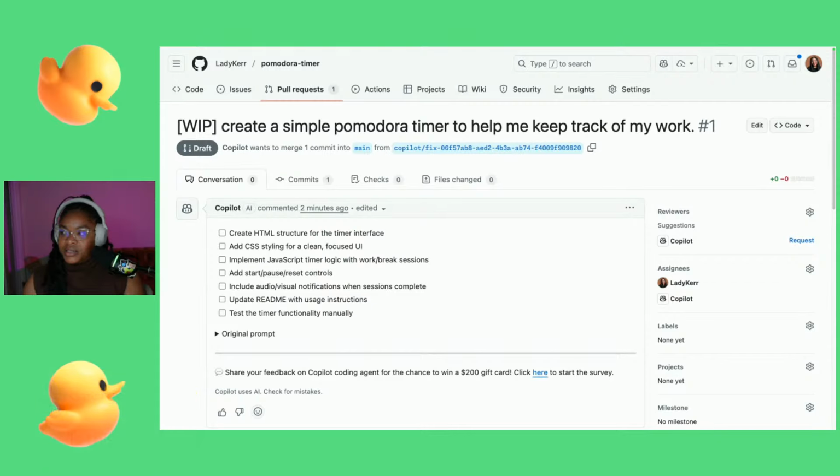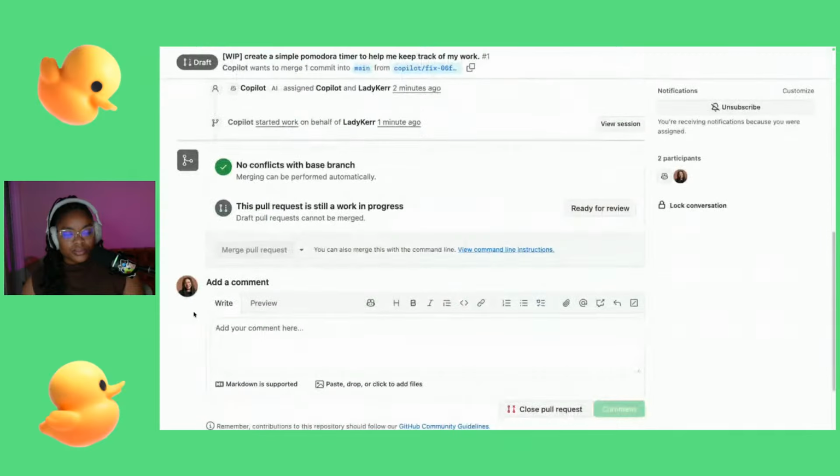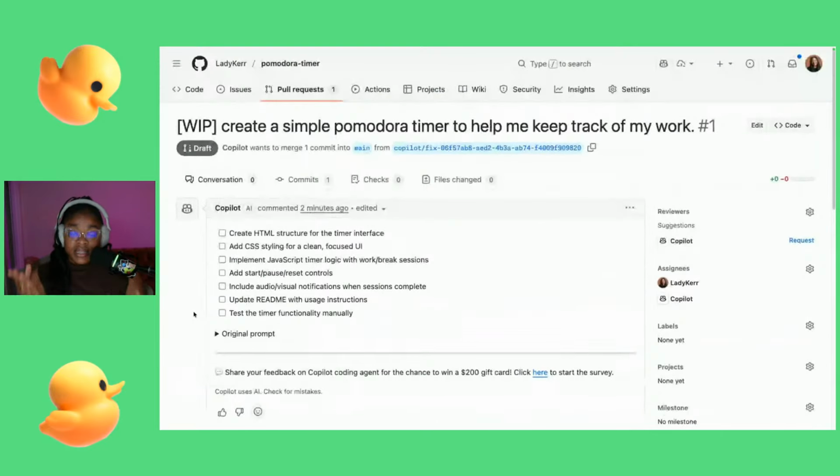I think this is pretty good. So once it's finished, then we'll be able to see the HTML, CSS, and JavaScript on the screen that we'll be able to take a look at, update, and all that jazz. But what do you think about the new repository flows? Like, when you create a new repository, you can send a prompt to Copilot coding agent to have it jumpstart that project for you. What do you think about that? I think that's pretty neat. I think that's a really good use case for Copilot coding agent. So now you can do that. So go forth and do.